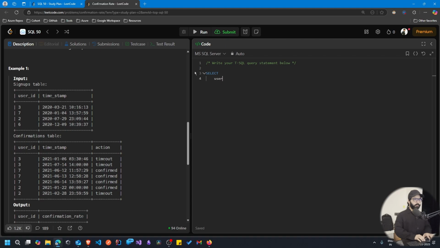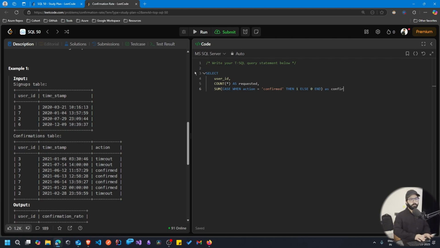So let me use the user ID, and we can simply count it and keep it as requested, and then we can use the sum case when action value is confirmed, then 1, else 0,